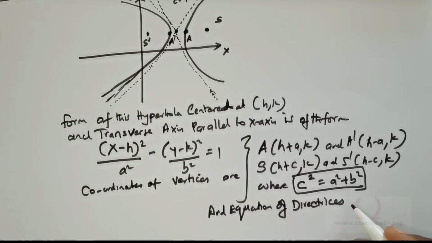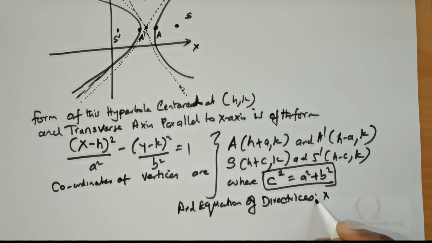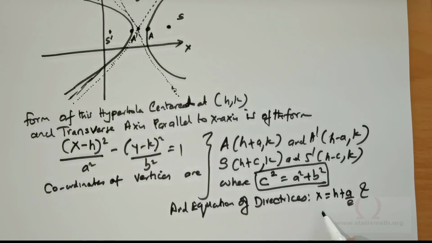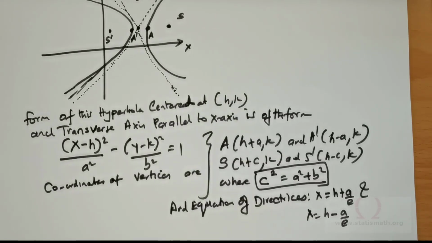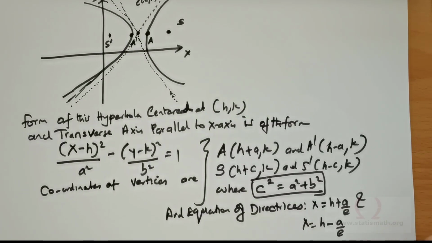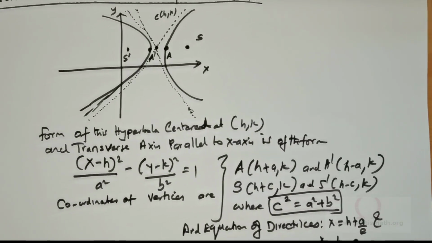So its directrixes are x = h + a/e, and x = h − a/e. Hopefully we have got all the information that we need. So we will move on to do questions related to